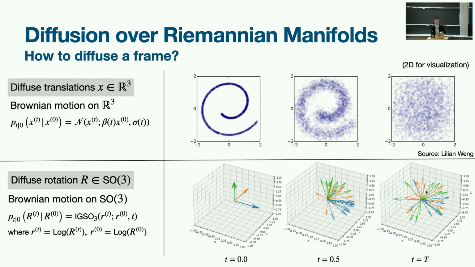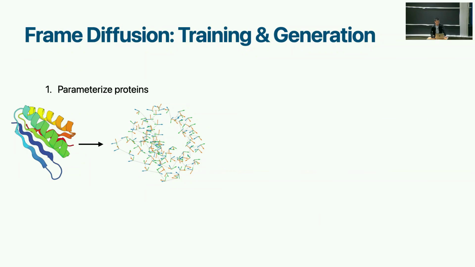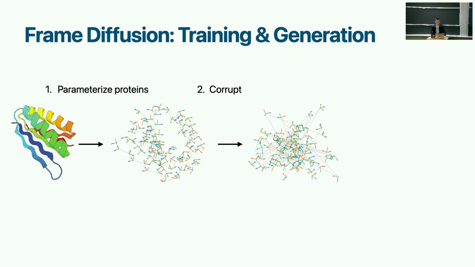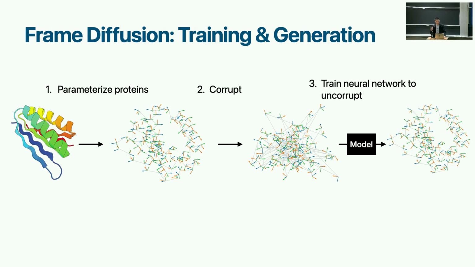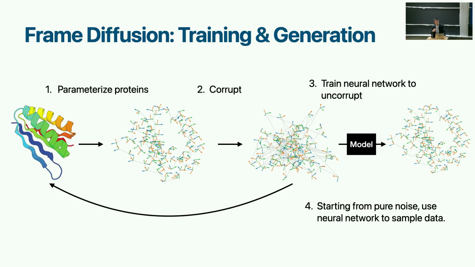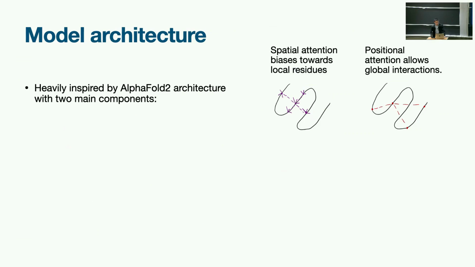I'm not going over the mathematical detail here, but it's all in the paper later on. And so what we call FrameDiff is that we parameterize the proteins this way, and we corrupt them with the noise that I described before, and you can train a model to uncorrupt this noise to get back to the original state. And then starting from pure noise, you can use a neural network to sample the data iteratively. And in the model architecture, we heavily rely on the AlphaFold2 architecture,